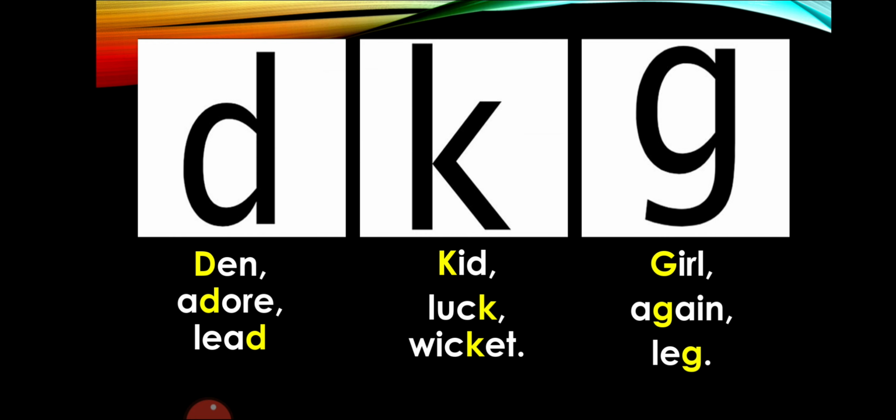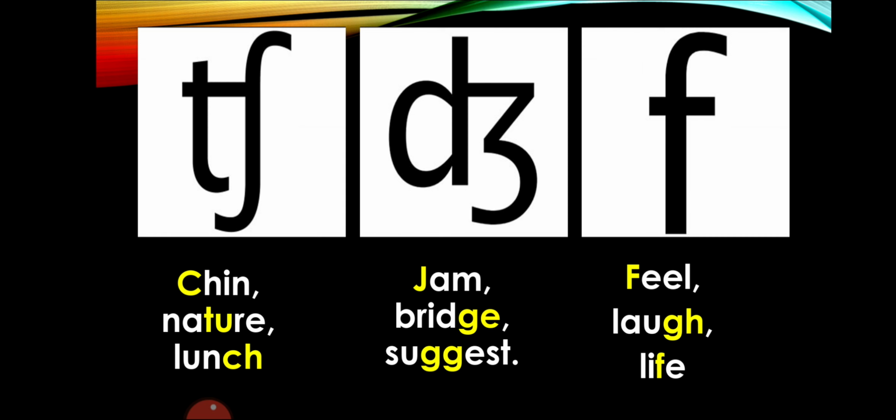And the next sound is G, just like in girl, again, leg. And the next sound is Ch, just like in chin, nature, lunch. This is somewhat different symbol. You have to remember this symbol. And the next sound is J, just like J in jam, bridge,